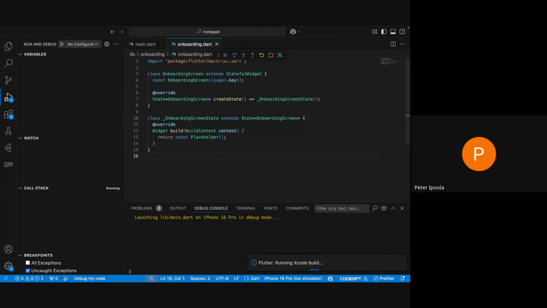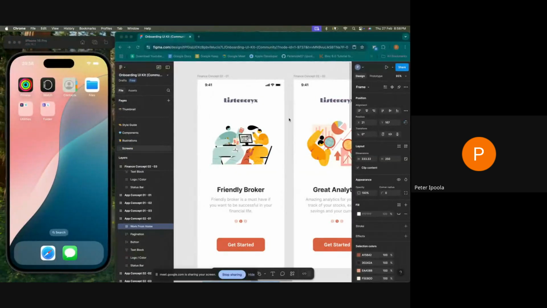Awesome. All right, guys. So this is currently loading, right? While it's loading, let me explain